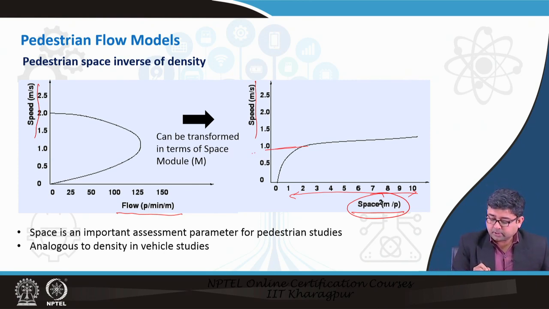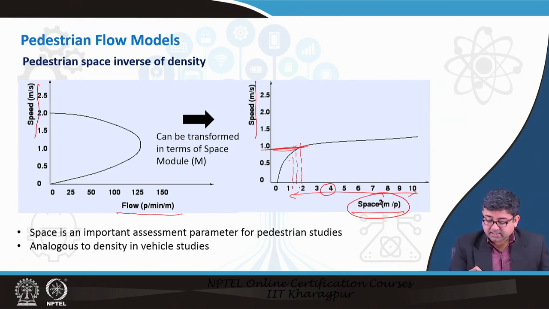On an average, maybe people walk at around 1 meter per second. One may think that, well, let me build a wider sidewalk where I am giving about 4 meter square per person. I am giving one person almost 4 square meters to walk comfortably, and maybe the thought is that if I give more space, people can walk faster. But it has been noticed that any space more than about 1.5 to around 1.75 square meter does not bring about any increase in speed.